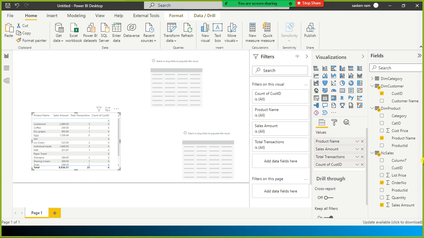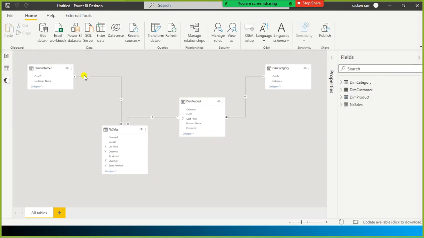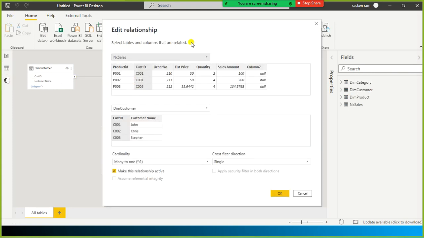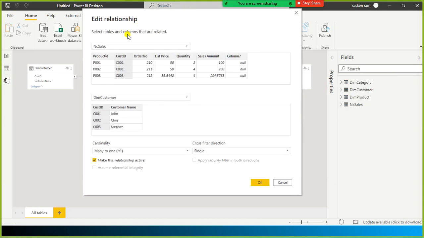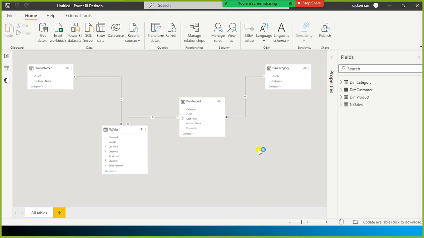So what is the way out now? We are filtering the customer dimension from product dimension. In other words, you want to filter the customer direction. So what I do is I just open up the dialog window for edit relationship. Here I just change the filter direction to both. And when I select OK, now the sales table can filter the customer table.